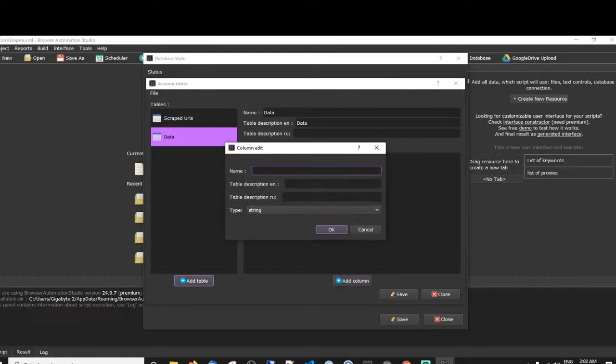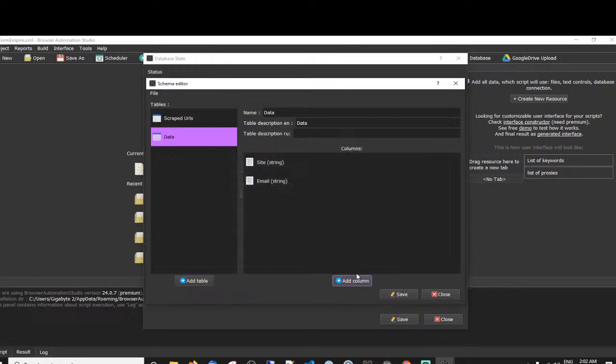Okay. A table. So site meaning the site that it was on. And then what detail? Email. So if it's found an email on the actual page. I think BAS is just included in the working with text section, being able to grab email directly with one little code box. So we're going to work with that. So email, like, I need to limit